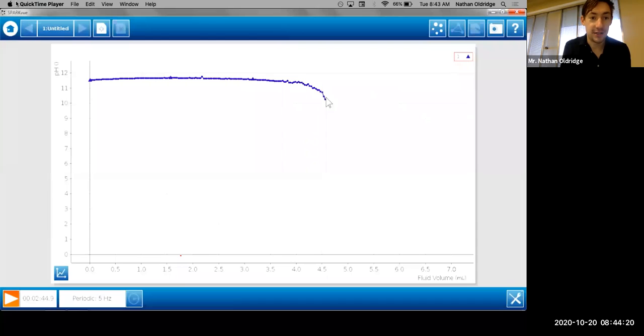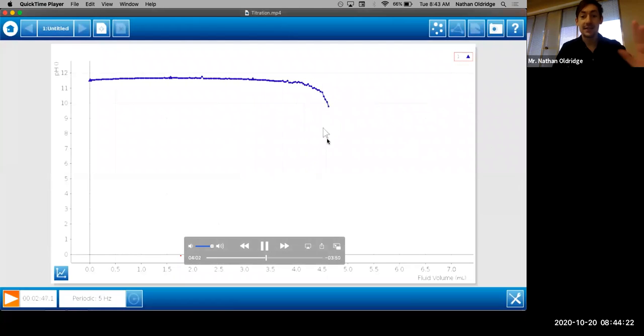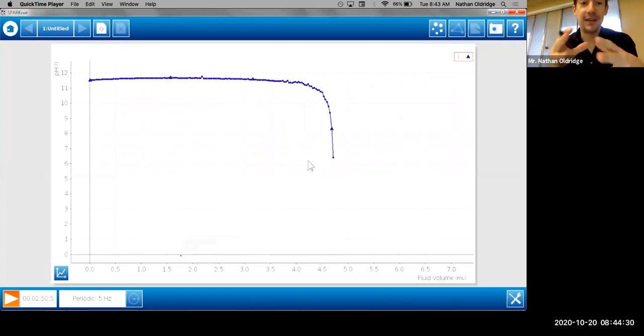I just want to make sure that you can see this graph. Okay, so what that means, or what I'm going to try to get at here, is that it takes you neutralizing 90% of the NaOH to make the pH change by 1. But then to make it change by another 1, you only need to titrate 90% of what's left, which is only 9% of what you started with. And it keeps getting exponentially smaller,